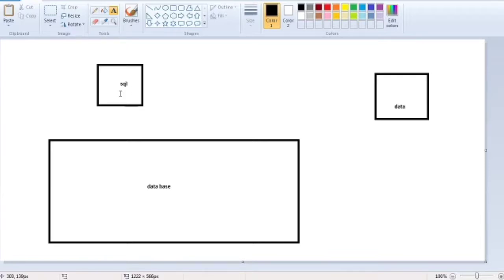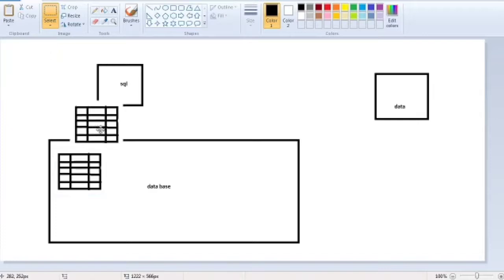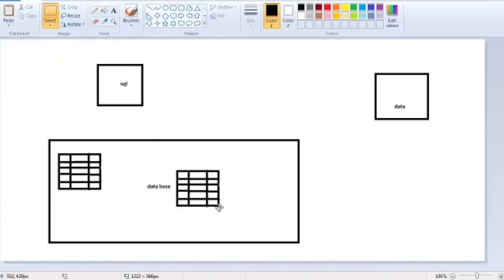Now I have a table like this, and with the help of the SQL language, I created a table and inserted this data inside this table, and I am creating so many tables inside this database like this.